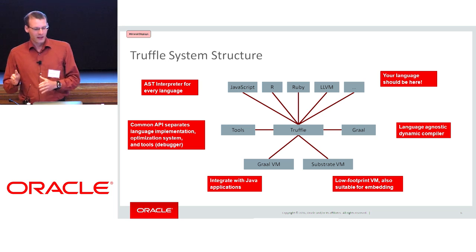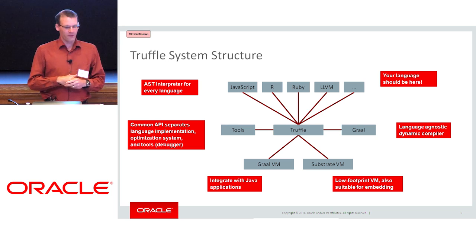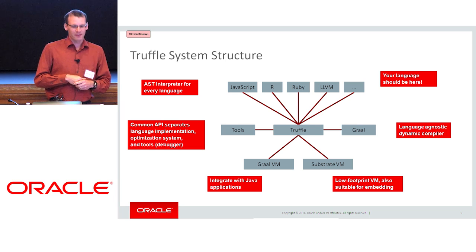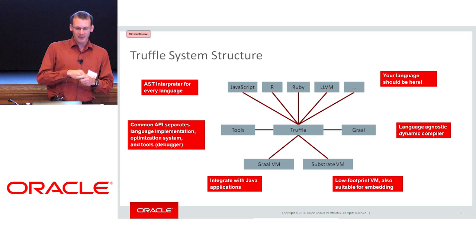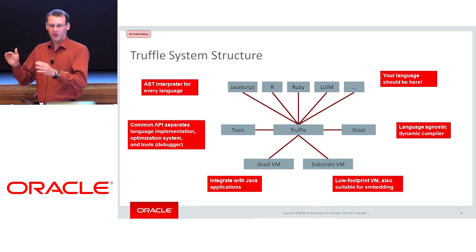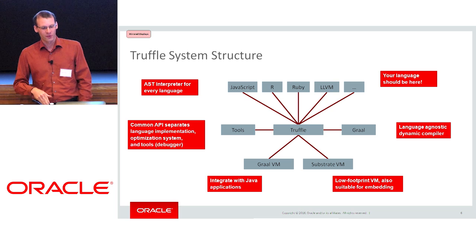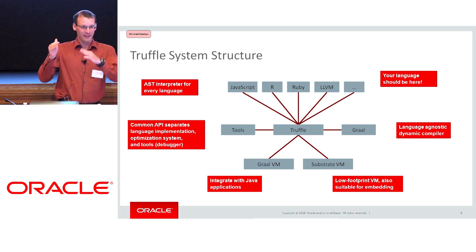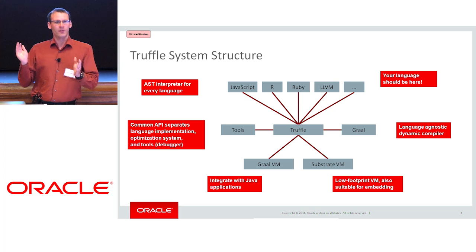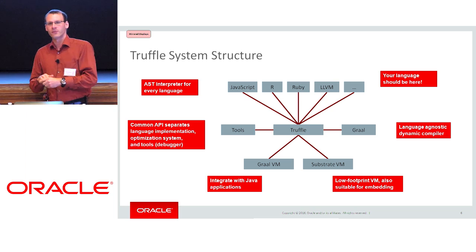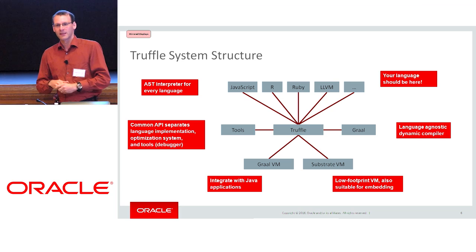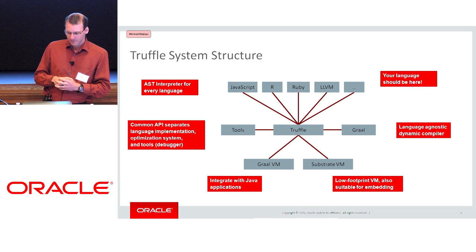And on the other side, we also have tools. So we have debugging for all of these languages. And the main takeaway point from this slide is that tools and just-in-time compilation are not at all related to the language implementation. You see there's no line between Graal and the languages, which means when you implement a new language, you have absolutely nothing to do with compilation. You get that for free. You have to do very little for tool support, and you get automatically, for example, a debugger for free.